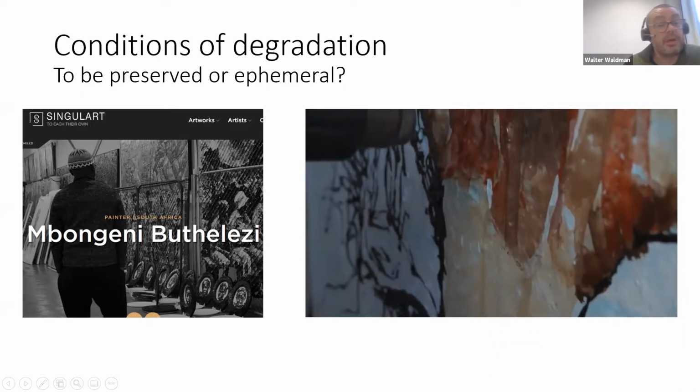So one of the problems regarding conservation later is that he used trash, which is part of his art. It's part of his concept. But later, it's going to harm the piece of art if it's not his proposal to be ephemeral. If it's his proposal to be ephemeral, it's no problem. It's part of the concept. It's part of the piece. But if the piece is meant to be preserved later, it's not a good choice